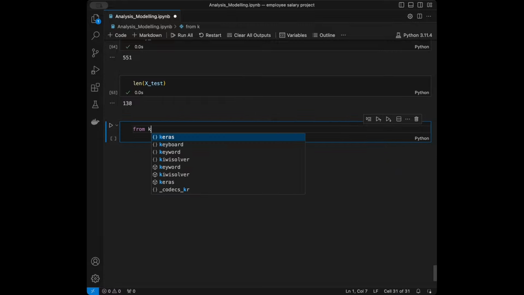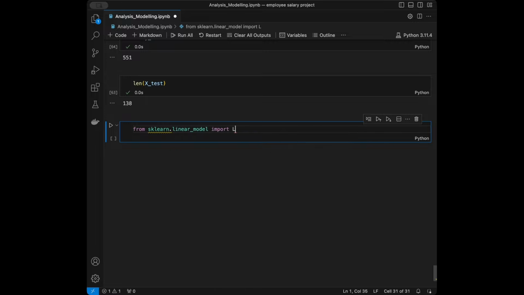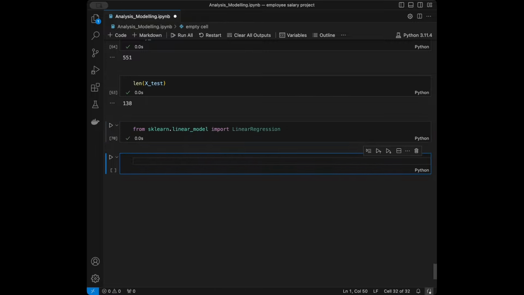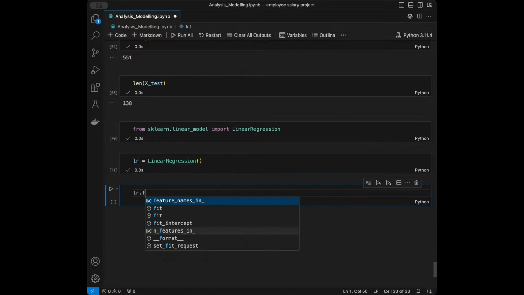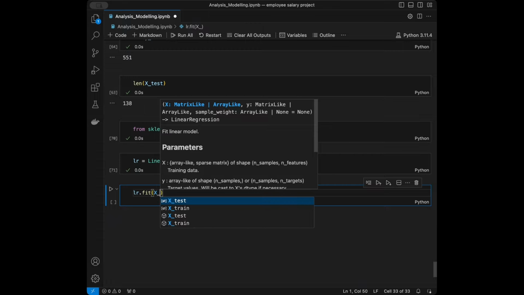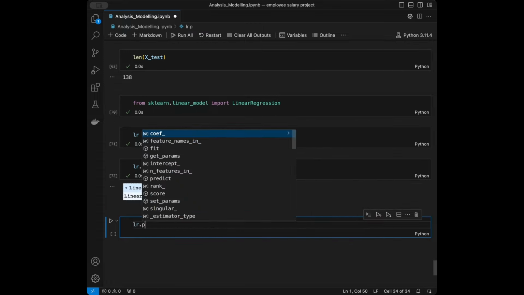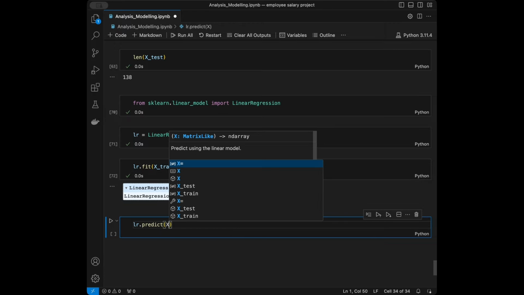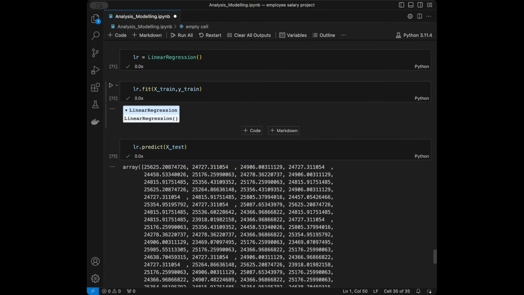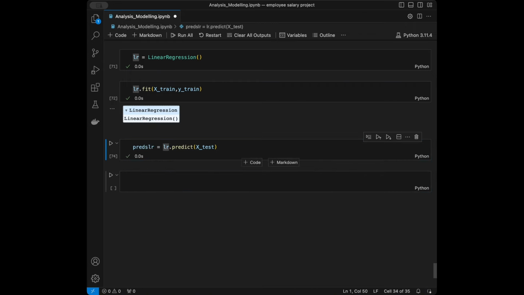So I will say from scikit-learn linear model, I'm going to import linear regression, and then I'm going to initialize it like this, linear regression, and I'm going to train my model on the training data I have, X train and Y train. Then I'm going to make predictions with X test, and here they are, and I'm going to save it to something like predictions linear regression. I'm going to store it in that, and then I'm going to import